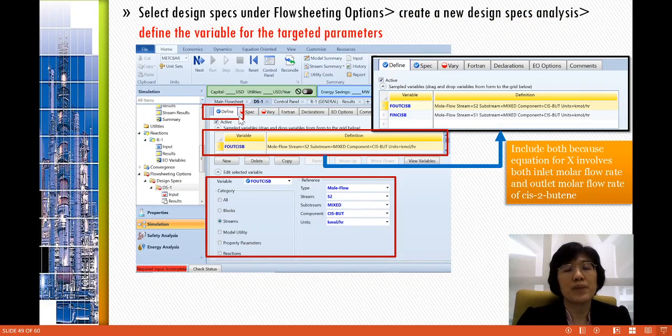You need to complete the information in these three tabs: define, spec, and also vary. So let's define the parameters that we are going to use when we set the specification later on for conversion. In order to write the equation for conversion, you need the molar flow rate of the reactant in the inlet as well as the outlet. So you have to first define F out, the molar flow rate of the